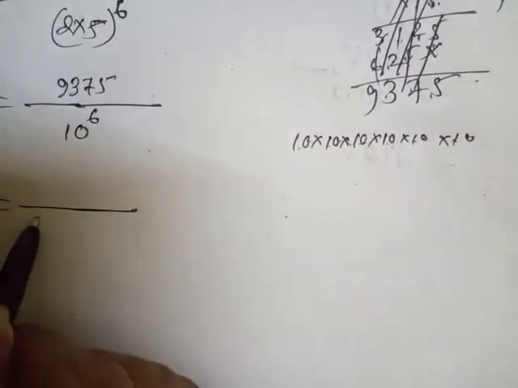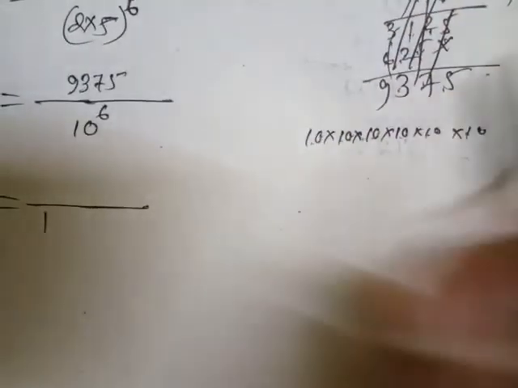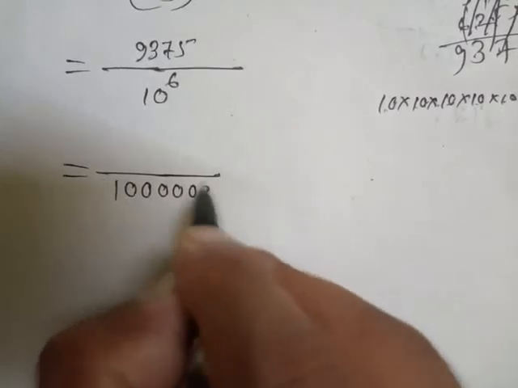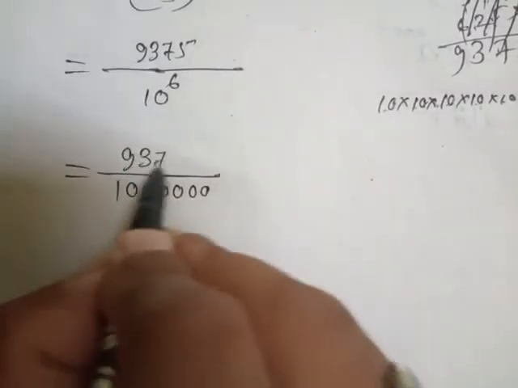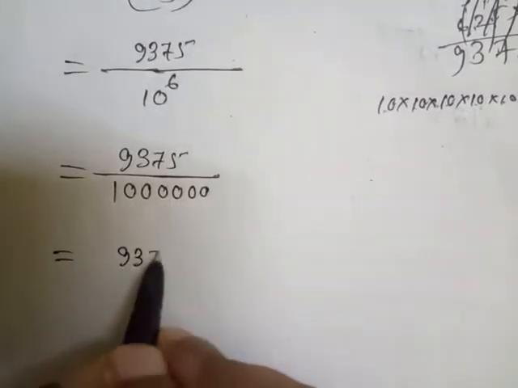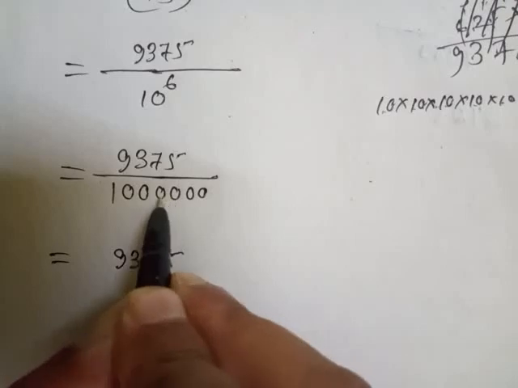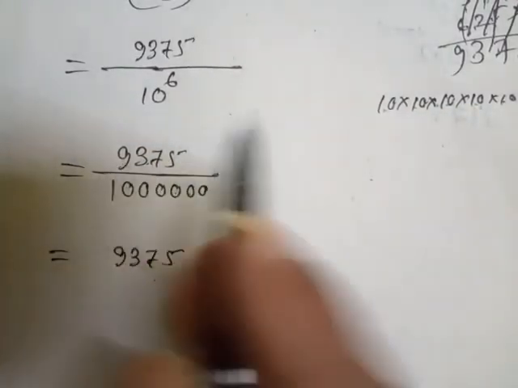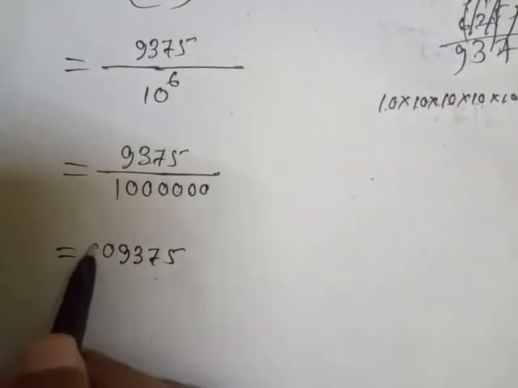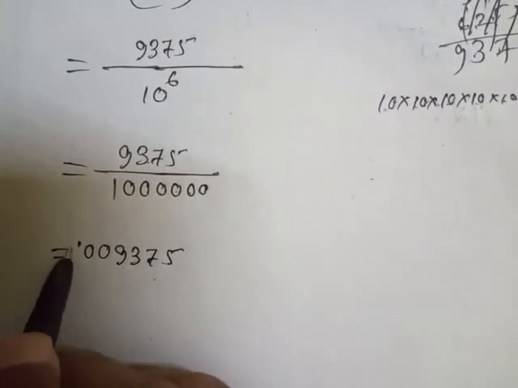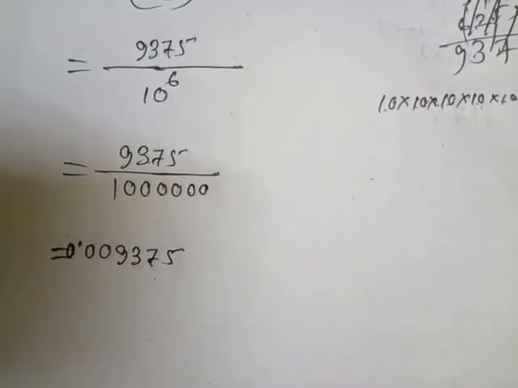Now 1 will be here. Now how many zeros are there? 1 2 3 4 5 6. 6 zeros will be here, and 9375. Now next would be, first I will write 9375. Now 1 2 3 4 1 2 3 4 equal. Now remaining part is 20. 20 is remaining. Then decimal point means 1 means decimal point, and since it starts with decimal, so we'll write here one more 0 here. This is the answer of the Roman 4.